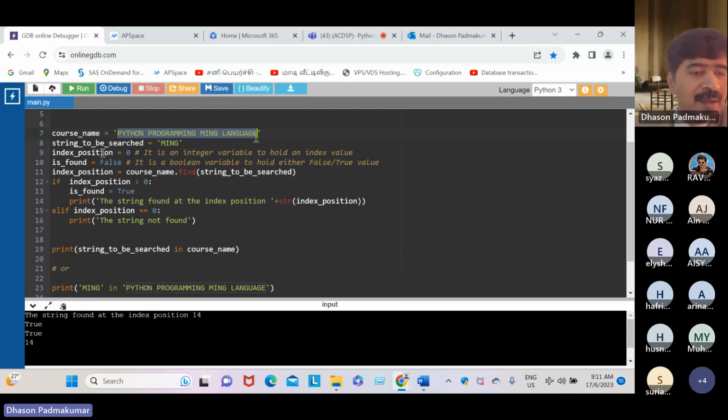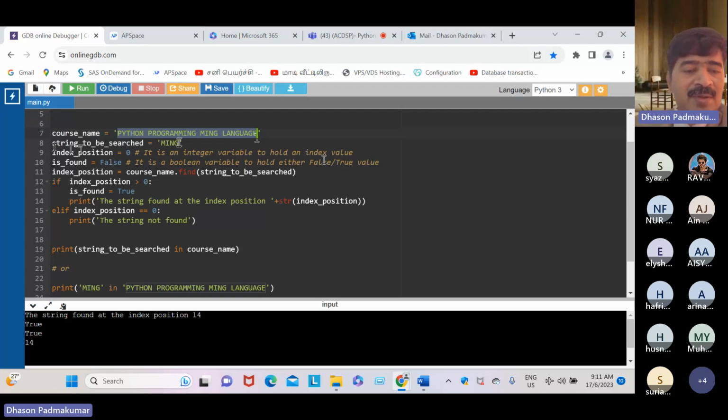Nice naming, right? It uses snake notation, the underscore symbol in naming. Main index position we initialize to 0. See, we made a comment here. We just added a comment: it is an integer variable to hold an index value.